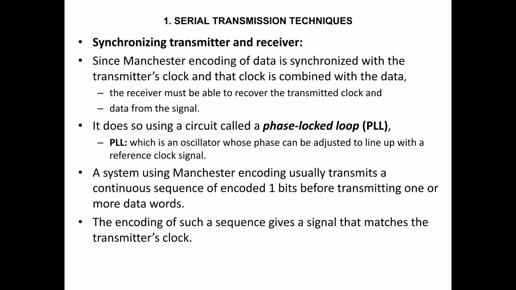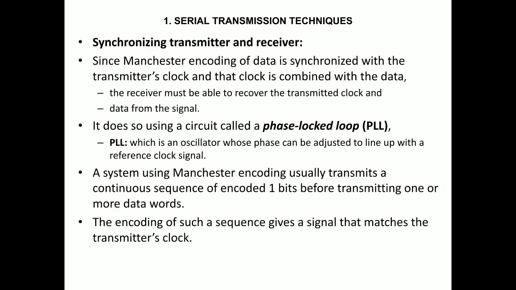The receiver somehow needs to recover the data from this clock. We are not directly sending data. We are combining the transmitter clock signal with the data signal in Manchester encoding. The receiver needs to decode this, meaning recover the transmitted clock and data signal combination. One way to achieve this is a phase lock loop. There is a circuit called a phase lock loop, PLL. This will help in transferring the data with the combination of clock.